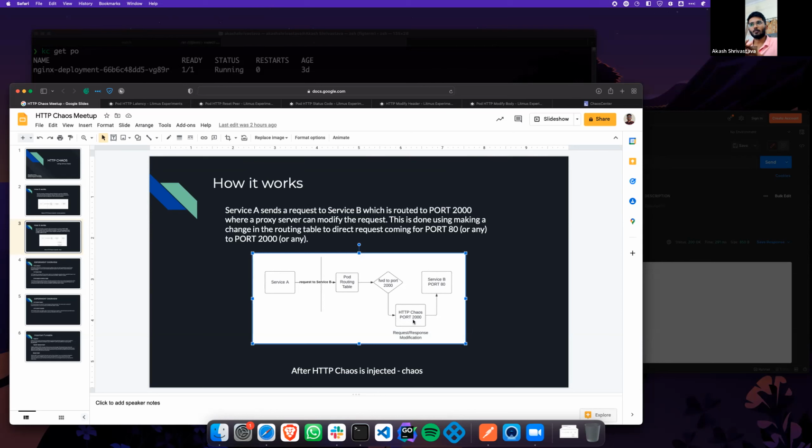Since we have the proxy server, every request will go through it and we can modify as we want. This is actually to check whether, when service B is not responding as per the needs, all the services talking to it are working properly. Are they alerting you, or are they able to handle these errors that come in with the API response? Okay. So can I get the documentation link?